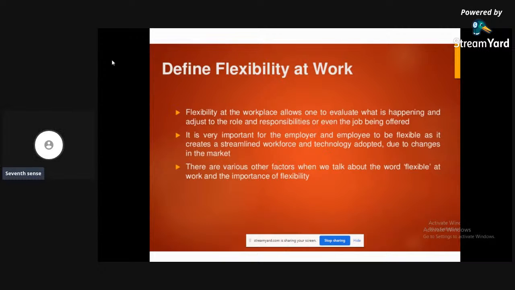Flexible means yielding to the people, yielding to the situations or circumstances, not being rigid, being able to adapt, and being able to mold to the situations. Such kind of people are called flexible.